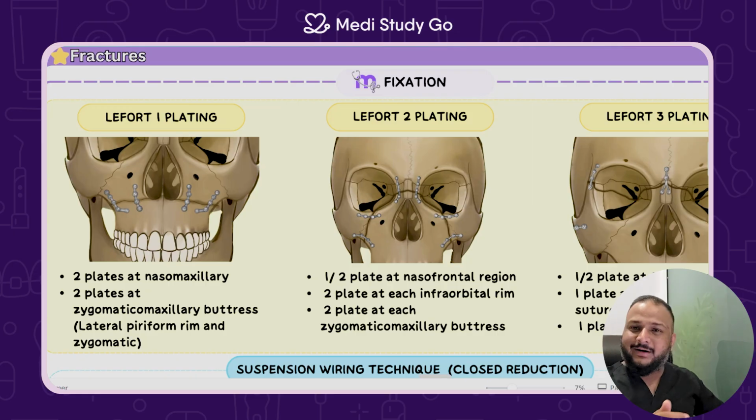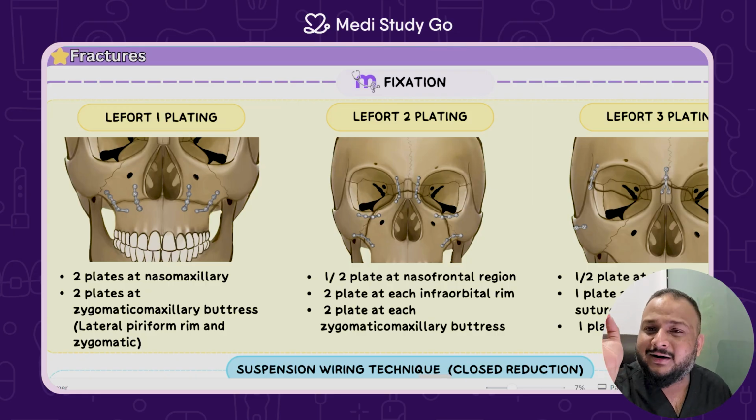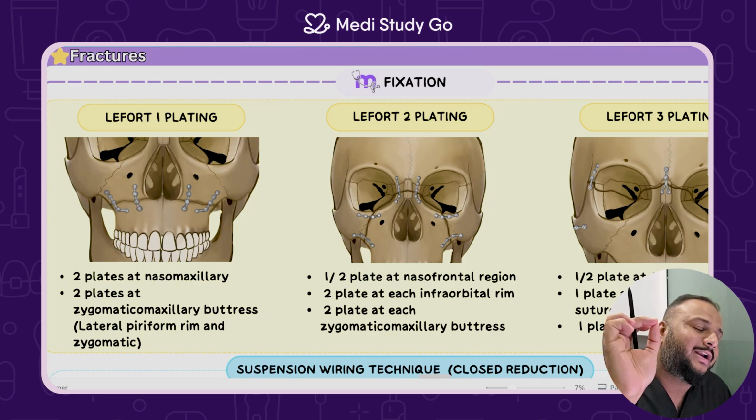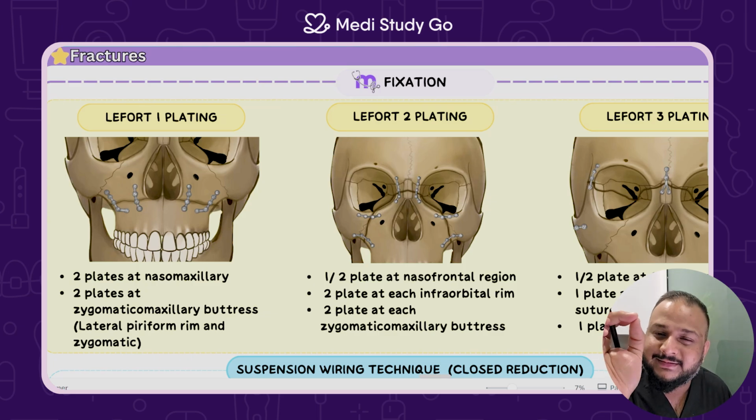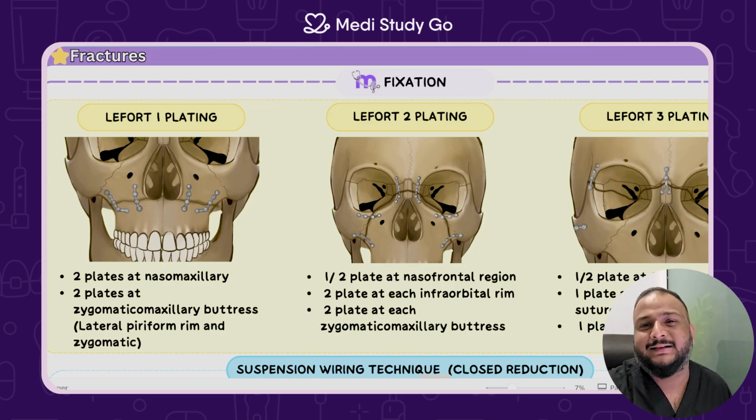Of course, like you have already seen, the gold standard modality is a 3D reconstructed CT. You can also have a look at a PA skull image, but the images and the lines are not that clear. Why go for an X-ray when you can get your hands on a beautiful 3D reconstructed CT? Once you have had all your diagnosis confirmed, once you have a clinico-radiological correlation and a diagnosis, the next part